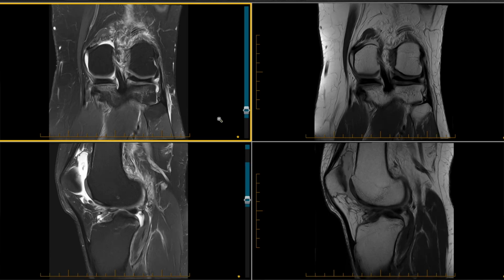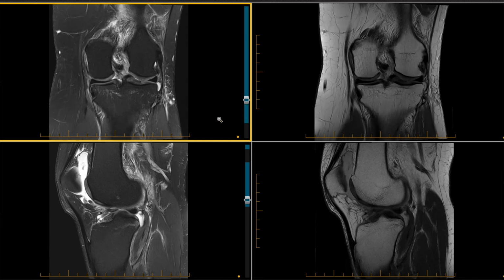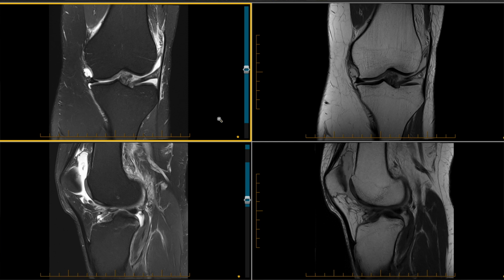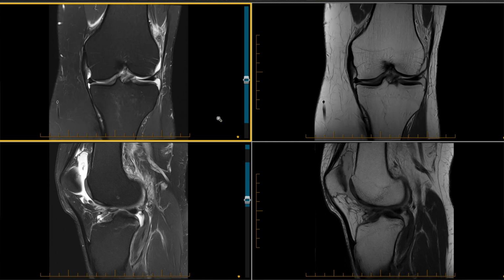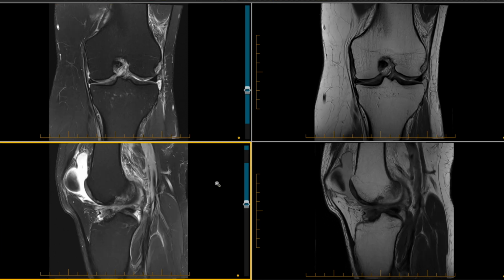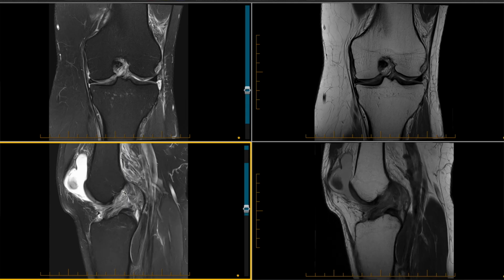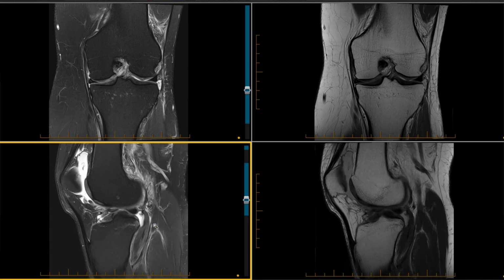Now we're going to go through a case of a type 1 displaced ACL rupture. So in this case, as I scroll through the coronal and sagittal images, you'll notice that there is a true ruptured segment in the upper segment of the ACL with a cleft in the ACL. As you scroll on the sagittal images, you see this